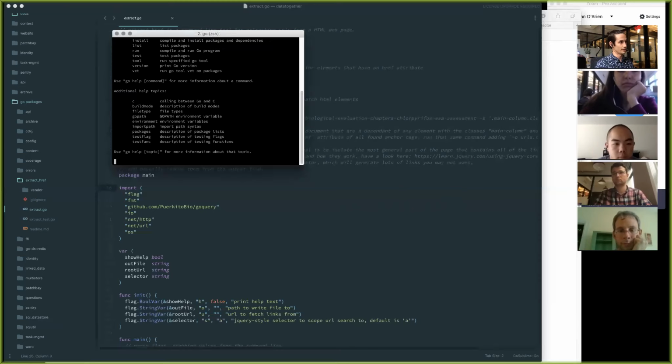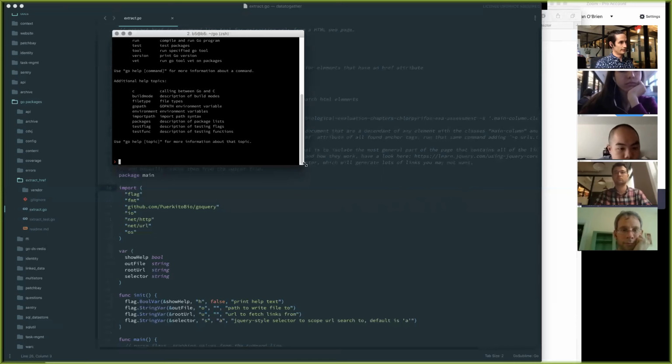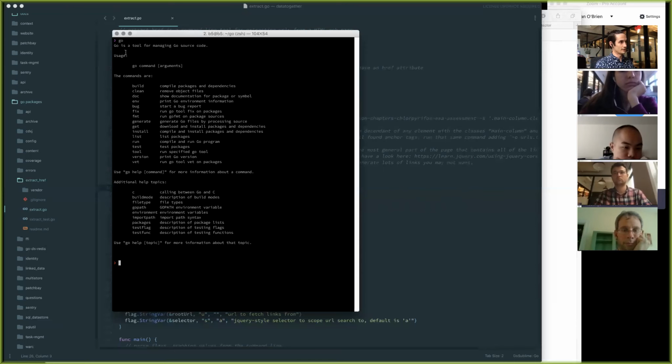I can tell that I have Go on my machine by running go, and it gives me just, hey, this is a tool for managing Go source code. Great, that's wonderful. Now the most important, the first point, if you're coming from the world of Node, you have npm, the package manager. If you're coming from Python, you have pip, pip install. We have go get, so we can do go get